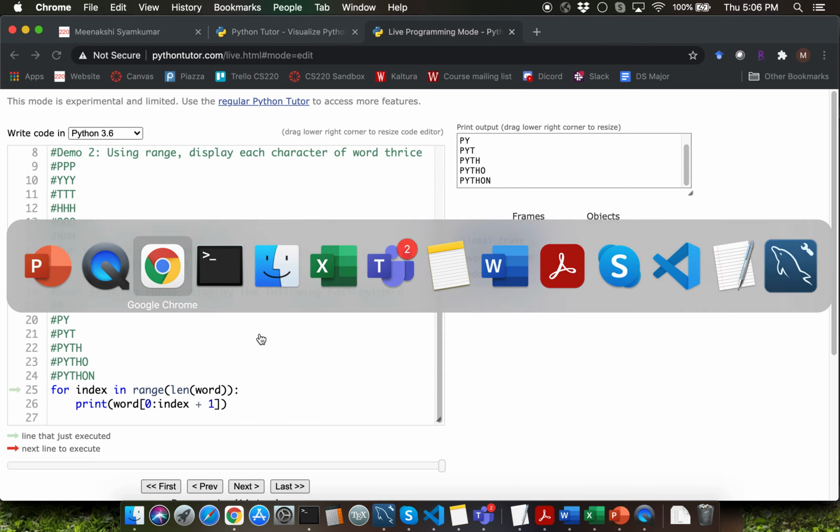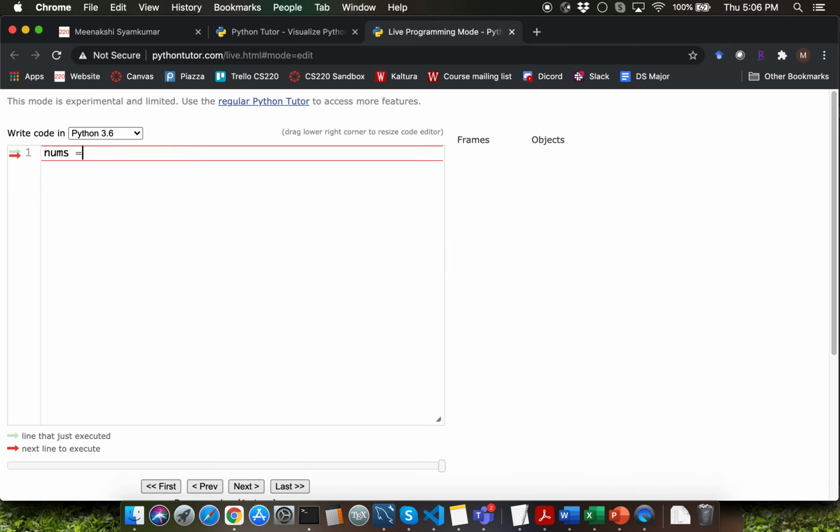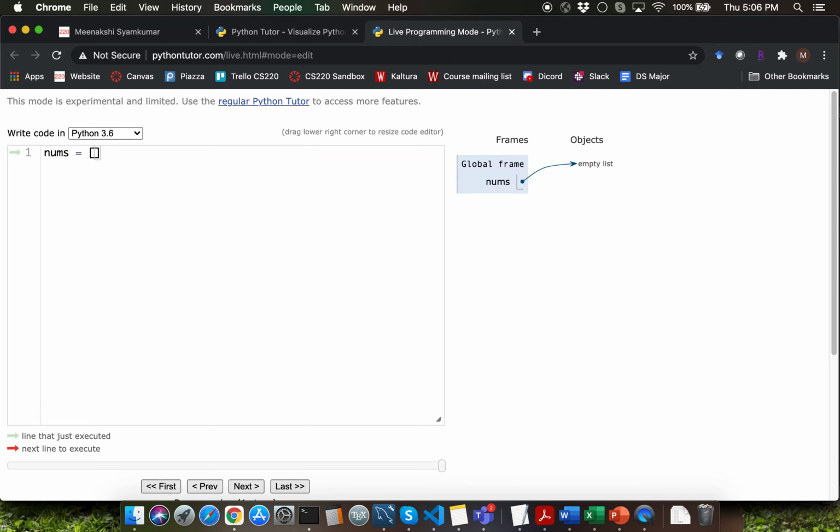I'm going to switch to Python tutor. Let me define the list as nums here, and I'm going to type in open square bracket, close square bracket. Let's use 2, 4, 6 as the items within the list nums. Let's look at the visualization on the right side here. For lists, unlike other variables, you're going to see an arrow representation. Eventually, we are going to learn what objects are, and you'll understand this particular arrow representation here. And the arrow is going to point to a list of items here.